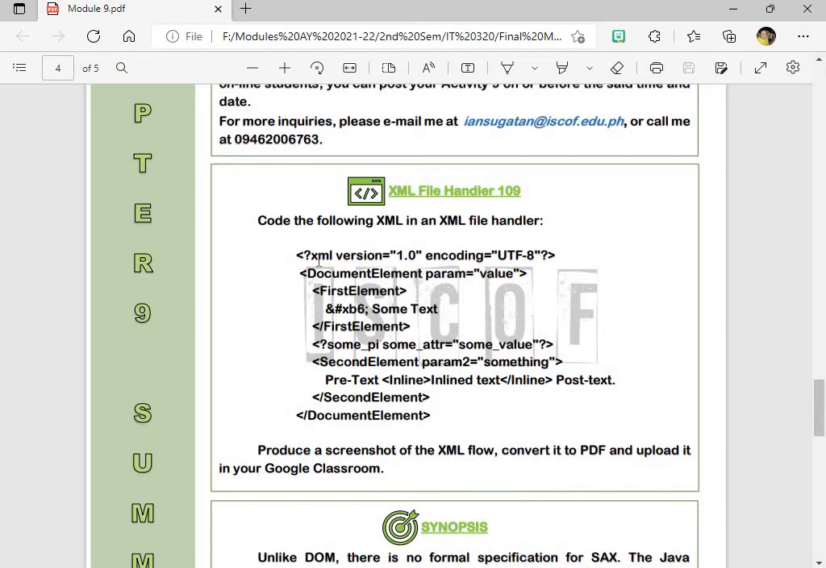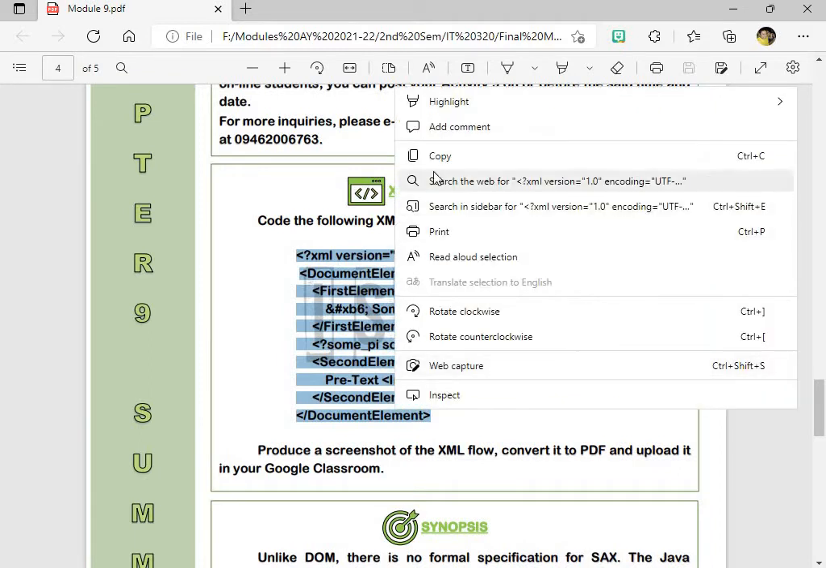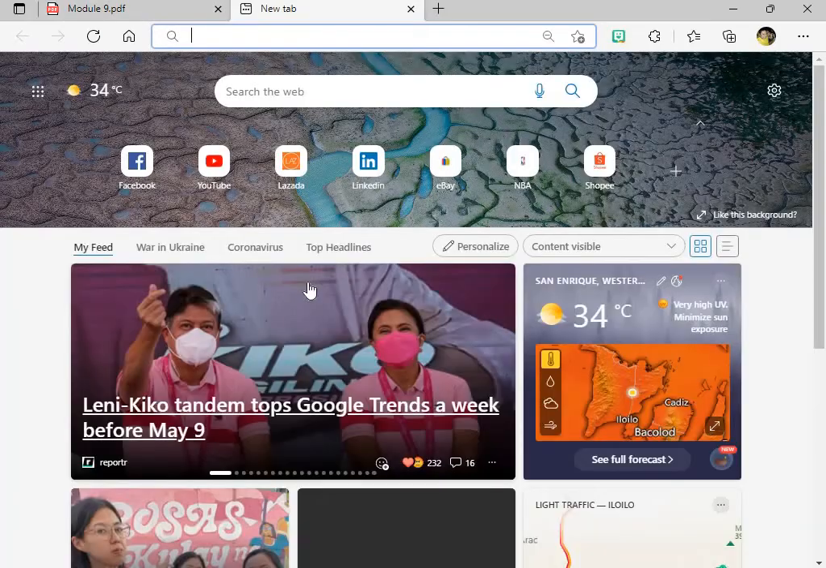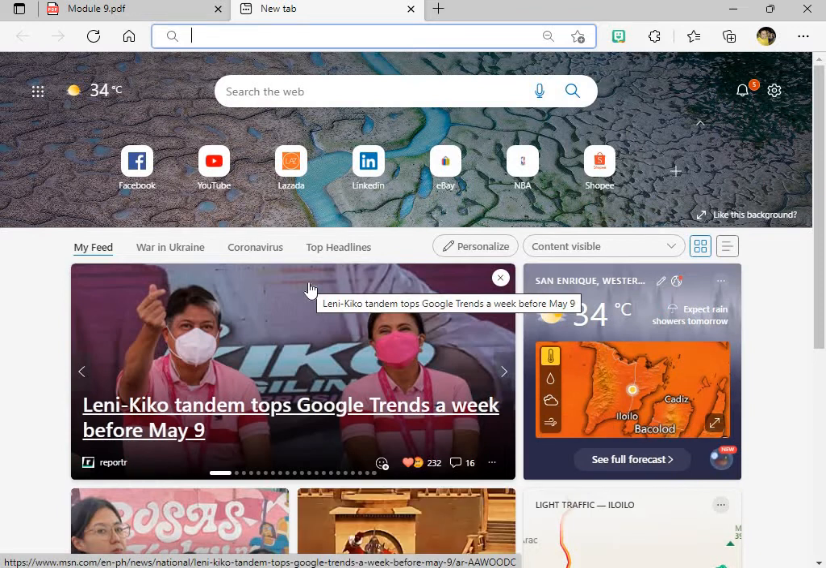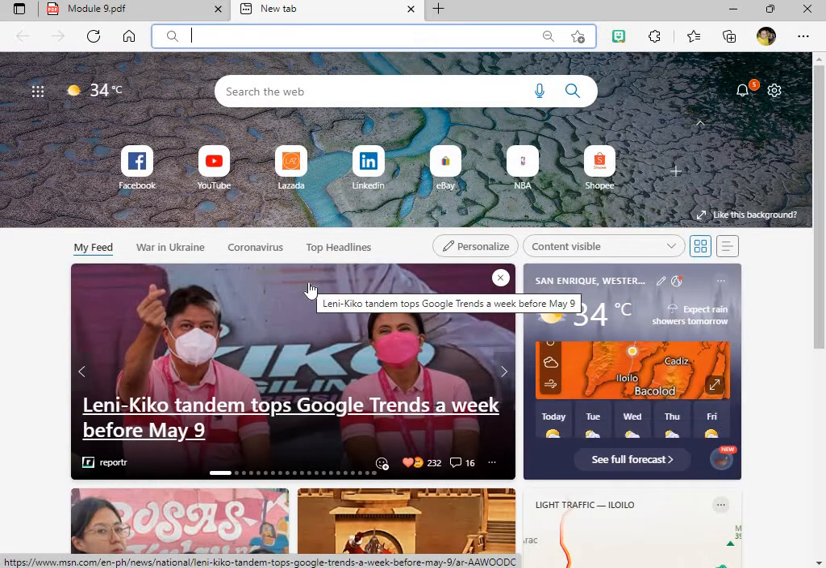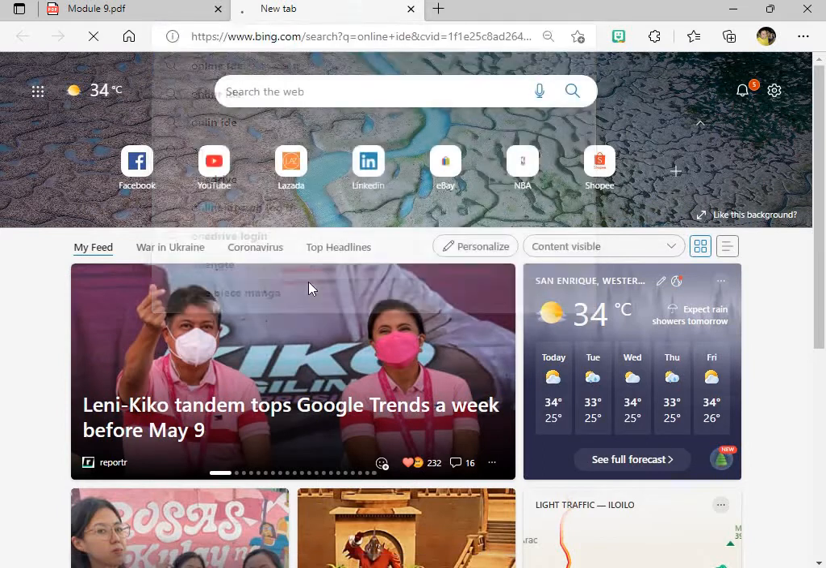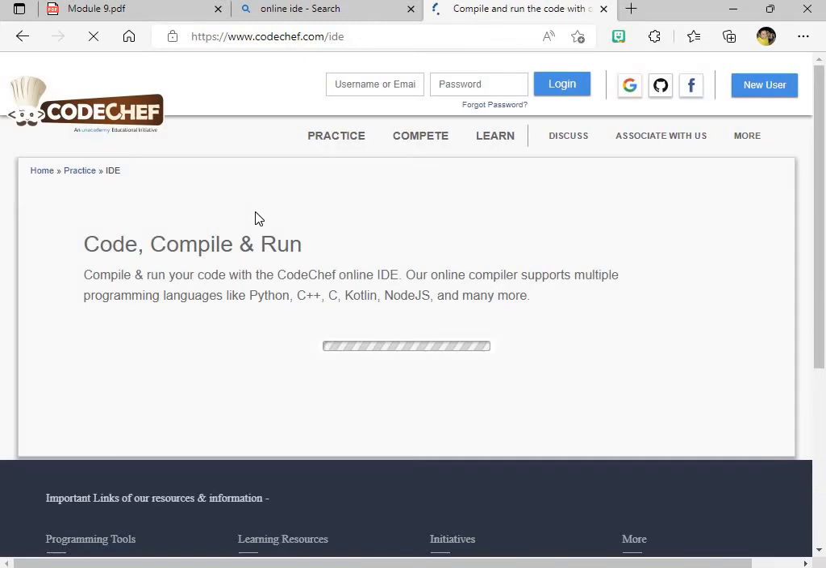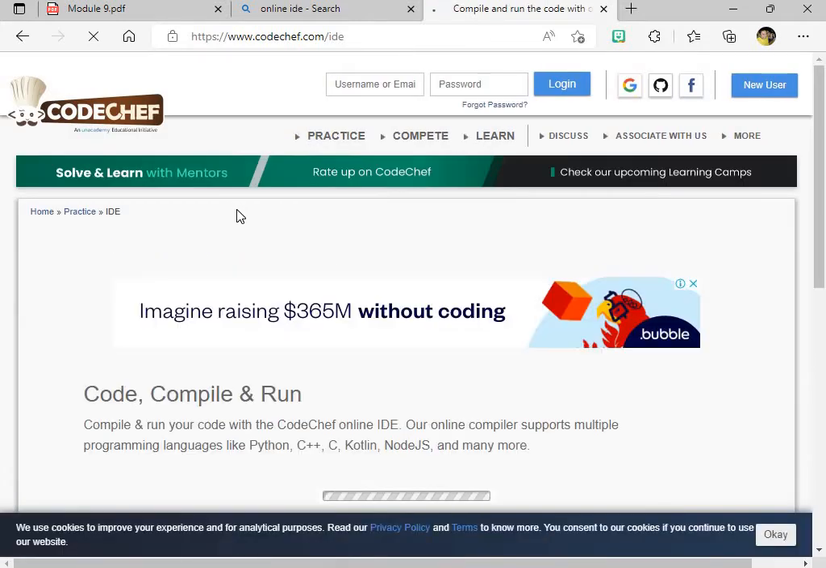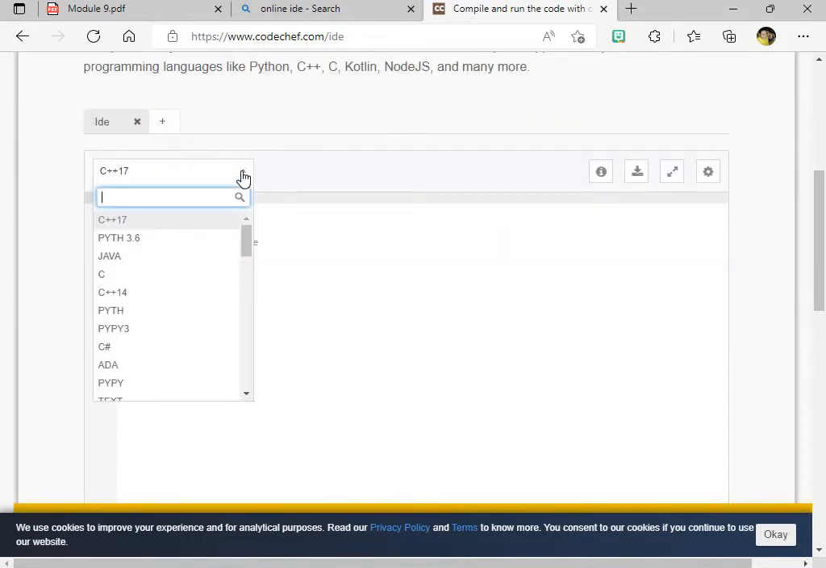By the way, this is an XML code. What you're going to do, guys, is copy the code, and then type in your URL. You can type there online IDE, and the first years usually use CodeChef for an online IDE. So you go to online IDE, and then